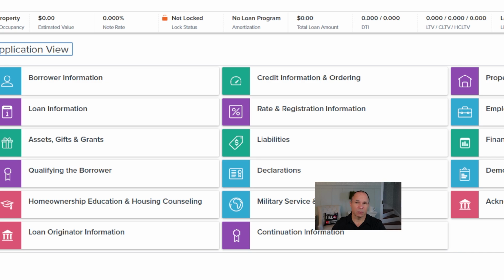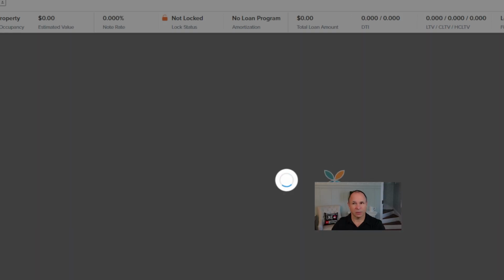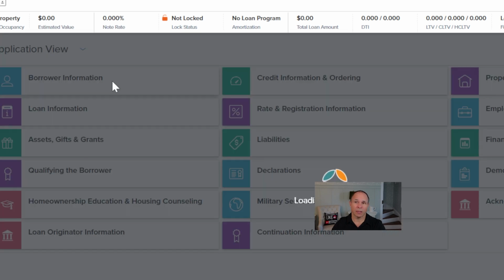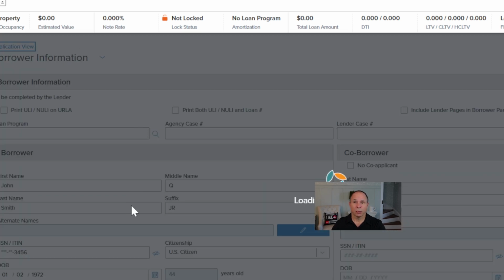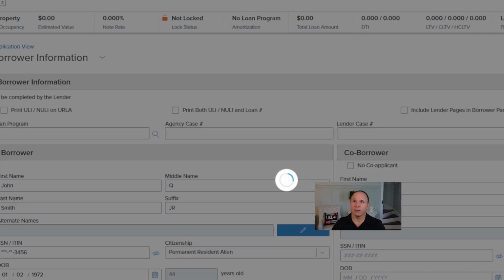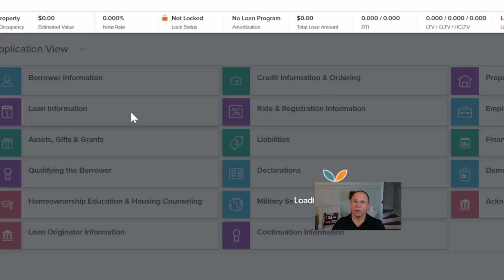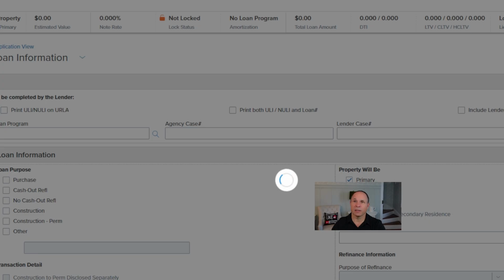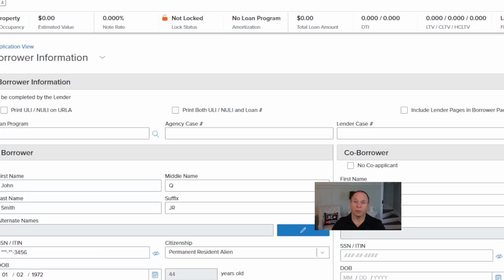Now over in here, you can see that it opened up another tab. So we've got this loan tab open, and we've got this loan tab open. Can you save loan information in both sides? Let's go check that out. If we've got this loan open and I want to change this citizenship to permanent resident alien, click save, and I want to go ahead in this loan and open loan information, and I want to change this to a primary and click save. So now we have two different loans open at the same time in two different tabs.